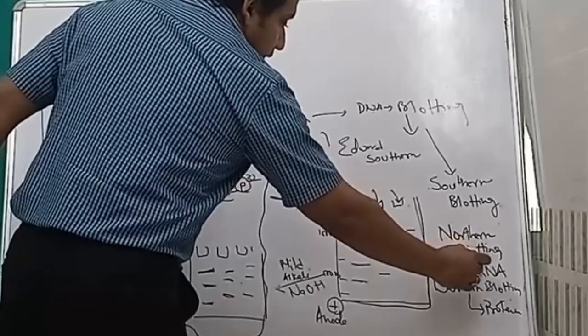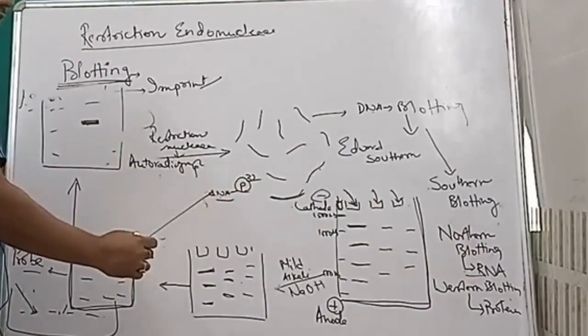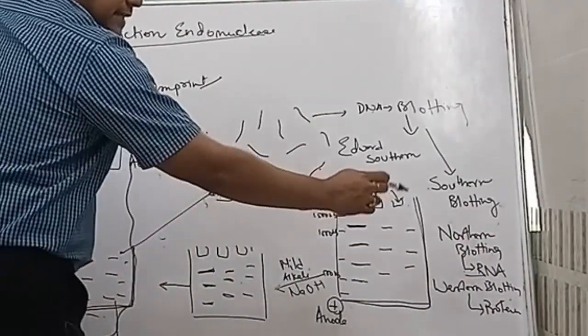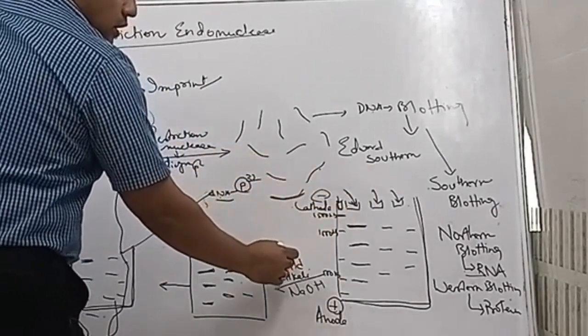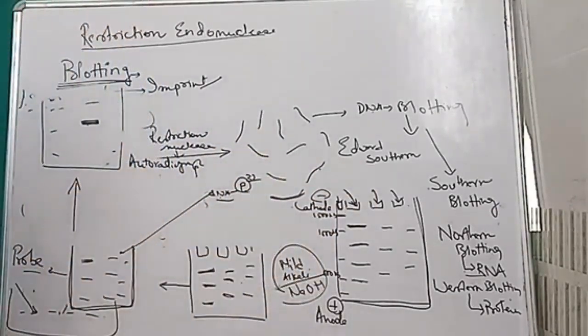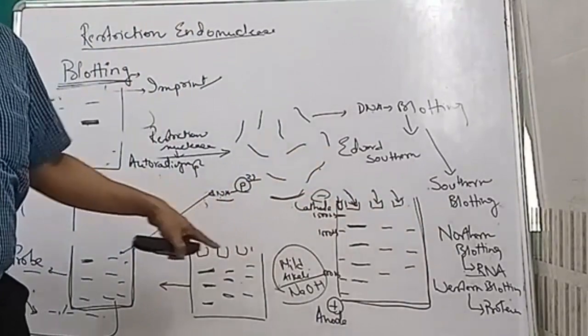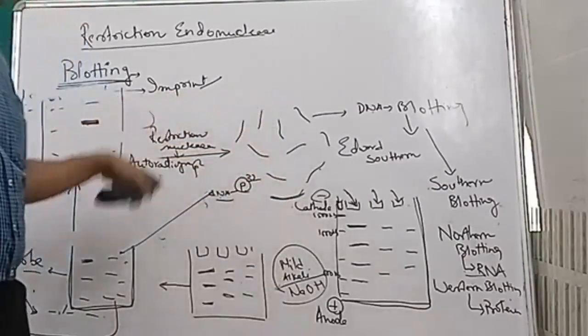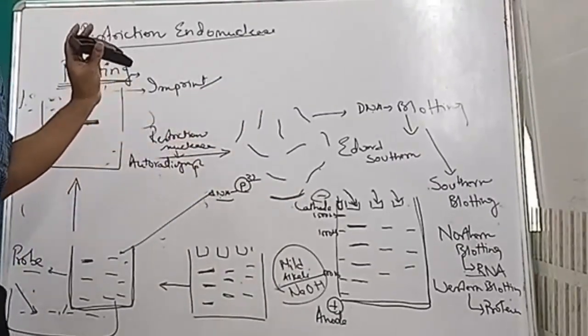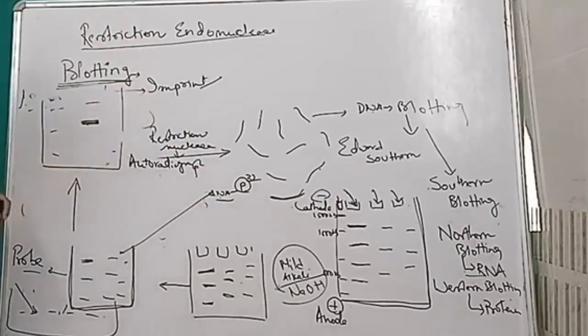Now for RNA, the process is similar. But as RNA is single stranded, we are not doing this particular step where we employ the mild alkali environment to separate the two DNA strands. As it is single stranded RNA, we are not separating the strands. So this step is not done, and the rest of the steps are quite the same. We are using the complementary DNA probe to find the gene of interest.